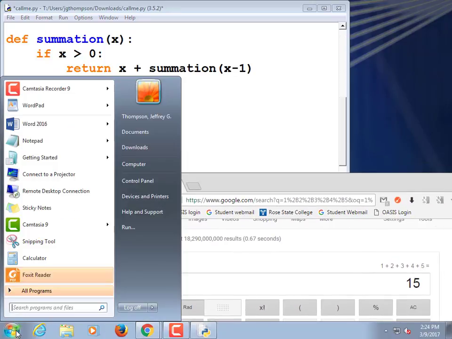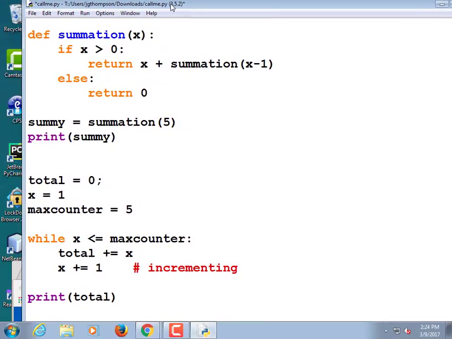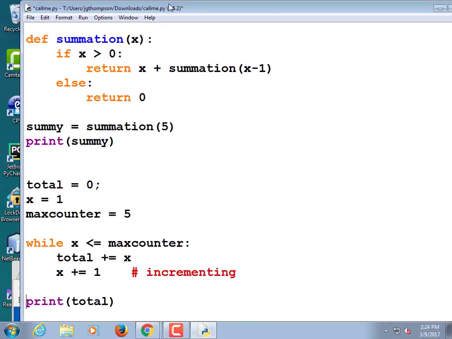Let's expand this again. All right, so we call summation, and we pass in 5.